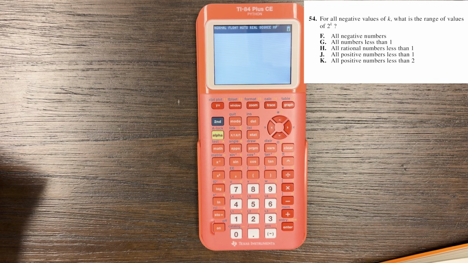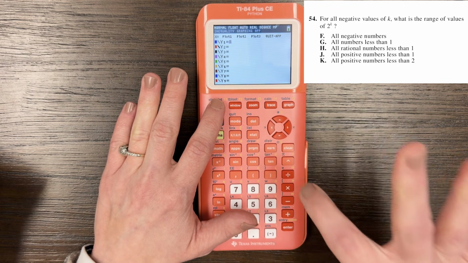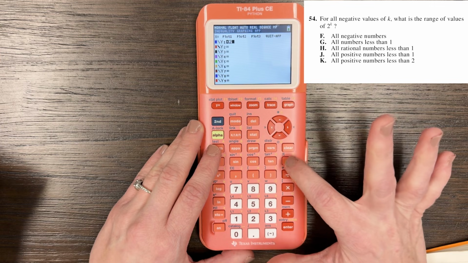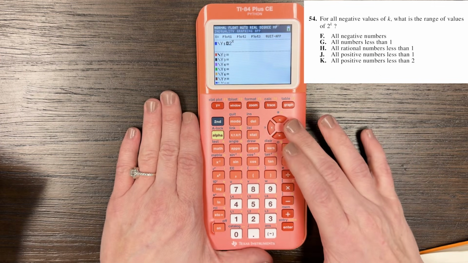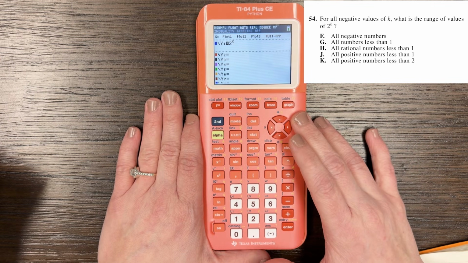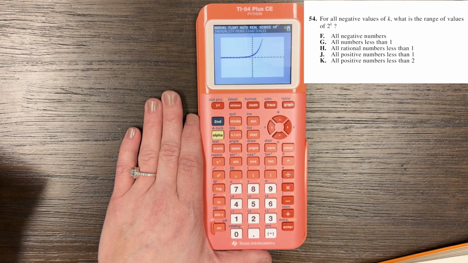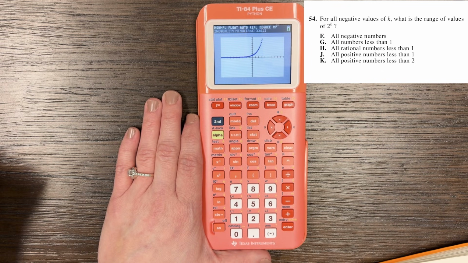So we are looking for negative values of k, which in this sense is actually going to represent x, and we'll get there in a second, and we are going to look for the trends that are happening. So I'm going to click my y equals, I'm going to arrow over, and I'm going to go 2 to the power of x, because like I said, k is going to make the graph crazy. So let's go ahead and click graph just so that you can see what it looks like. So this is loosely our graph. You may be able to better answer this question from that point, but I prefer using